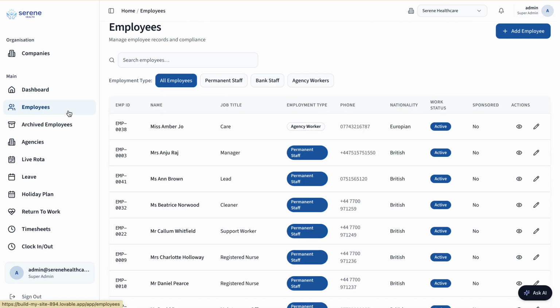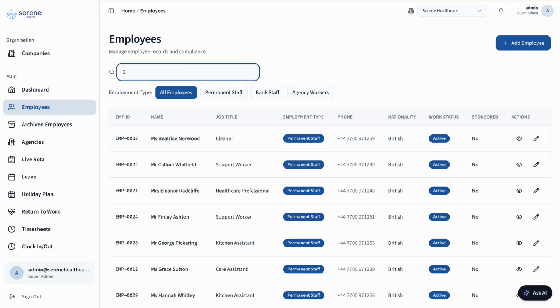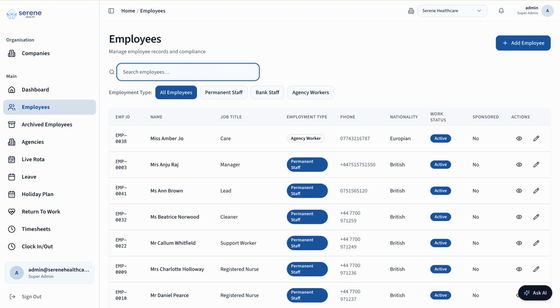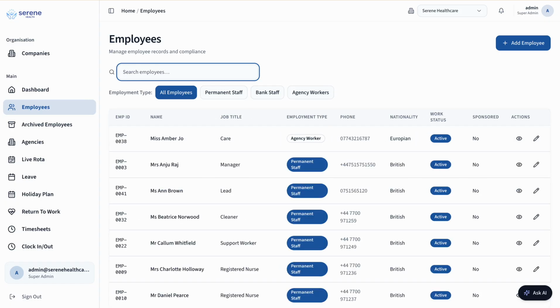And let's go to the employee's profile. Here, if you want to search for a particular employee, you can just give the name or employee ID. Let's say 21. I gave the employee ID and it gave me this person. Or if I want to search for an employee by name, it shows the employee with that name. So these are all the employees right now